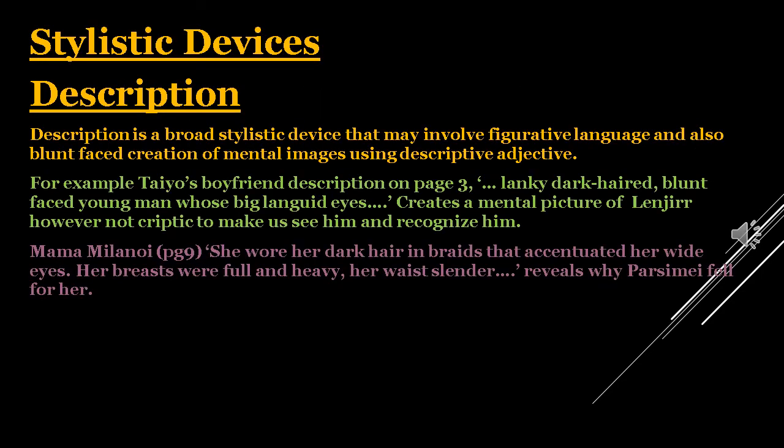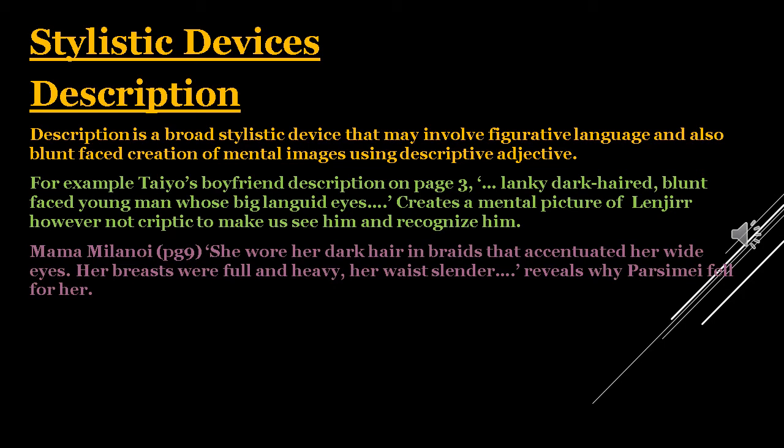So, straightforward, without wasting time, stylistic devices. Stylistic devices. 1. Description. Description is a broad stylistic device that may involve figurative language and also blunt-faced creation of mental images using descriptive adjectives. Blunt-faced creation of mental images would also be referred to as vivid images that some words will create in the reader's mind. You are able to imagine the scenario through a description of either the setting, a person, and